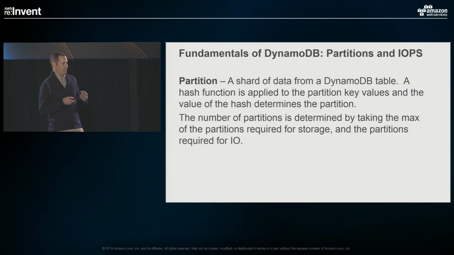If you pick a partition key where you have a frequency distribution of values where certain values are in much higher frequency than others, you're not going to get a uniform distribution of data. And this can cause some unpleasantness when you go to read and write data from the table, because what that means is that reads and writes are localized to a partition or set of partitions rather than across all the partitions of the table. The number of partitions that you have in your table is determined by taking the maximum